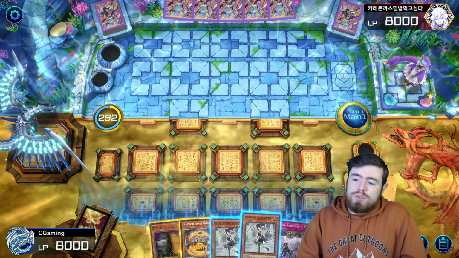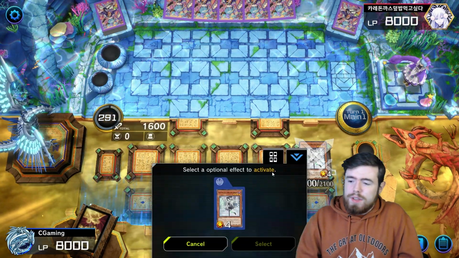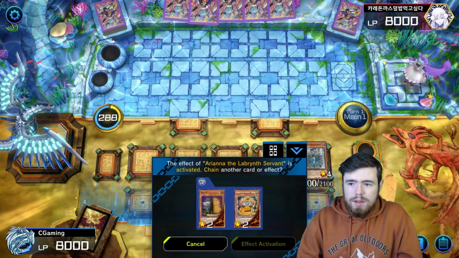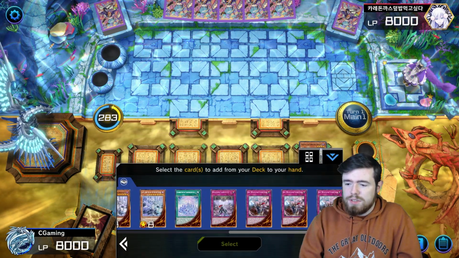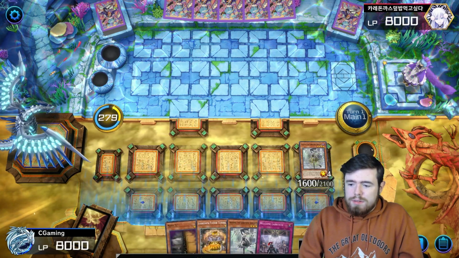Moving on. So we're gonna go for Ariana, the Labrynth servant. Let's do this. Ariana then gonna grab us a Lovely Labrynth. Got an Imperm, got a Veiler, got nothing. Man has no interruptions. He's got no Maxi, no Imperm, no Hose. He's got nothing. What do we got? What do we got? We could do...